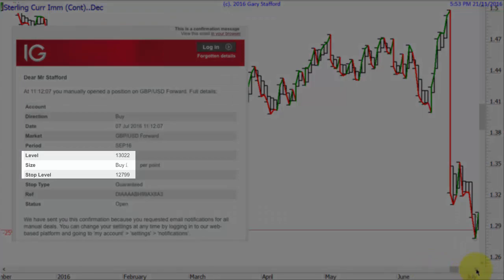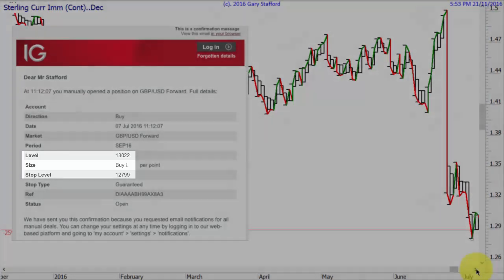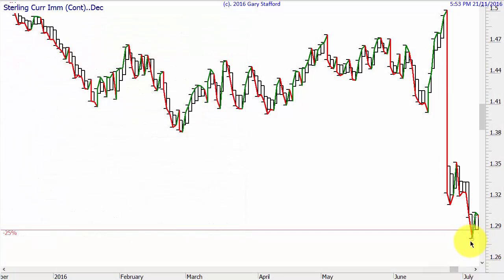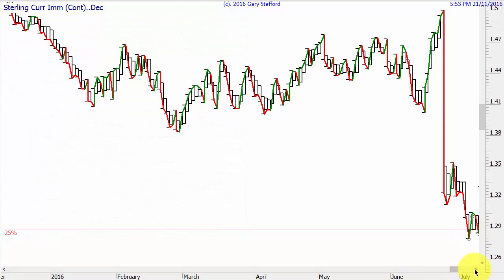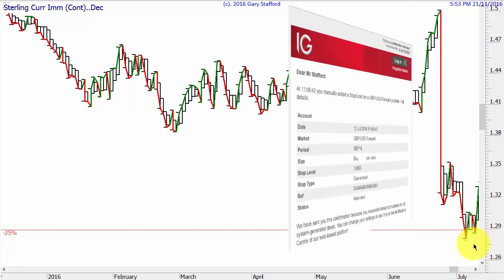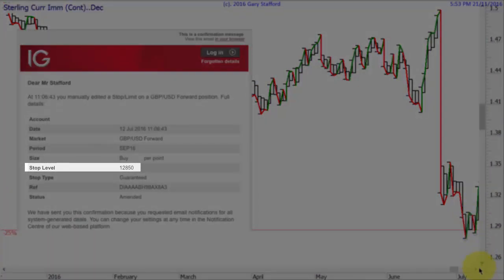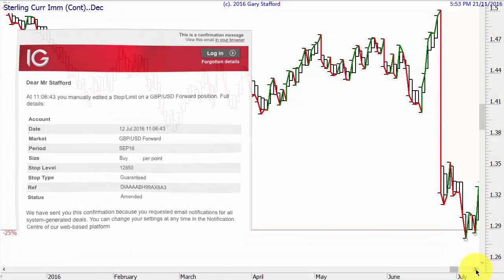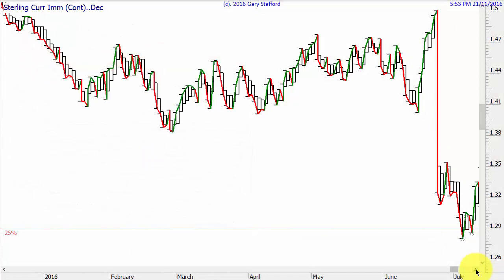So now I put my stop loss below that low there, and then the market came back down again in red, then we went back up in green, and I think I moved my stop loss below this low here because we formed a trend indicator line bottom to reduce my loss if it went against me. The next day we're up, but my stop loss is still below here. We've got to try and make a big profit if possible, so we've got to presume that the market's going to have a big movement even though it might not do.